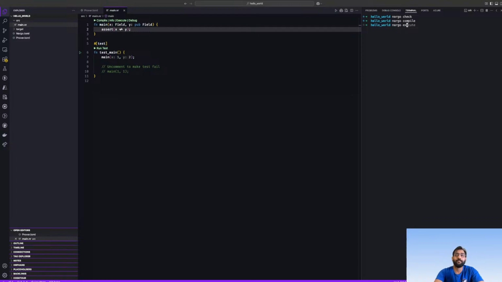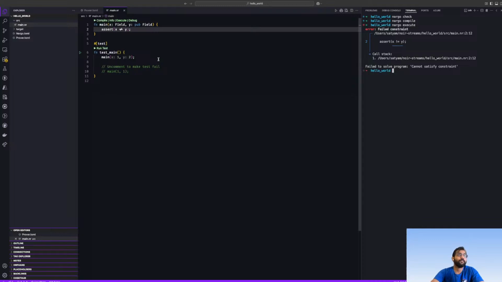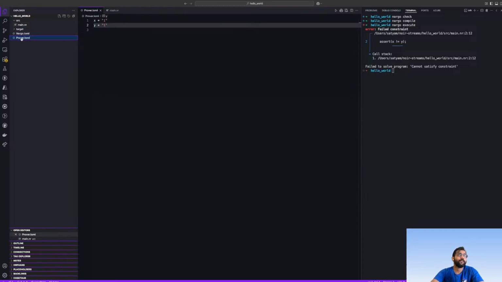Yes, nargo execute. As we can see, the constraint failed here: failed to solve program, cannot satisfy constraint. Our inputs are not satisfying these constraints. So now we execute with valid inputs, and you can see that the circuit witness was successfully solved.